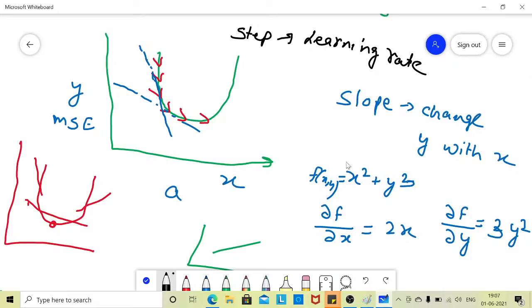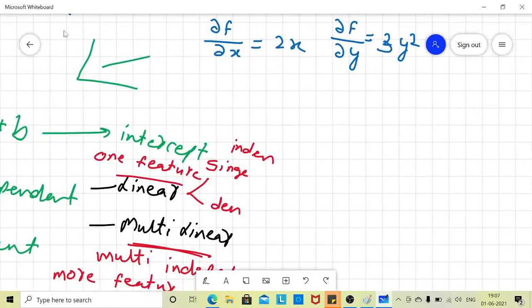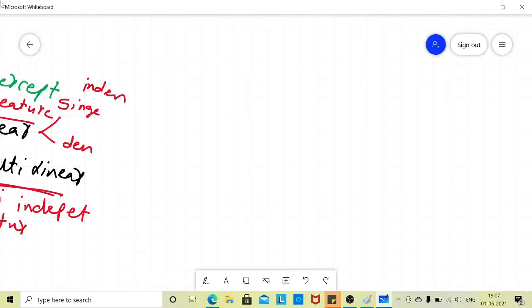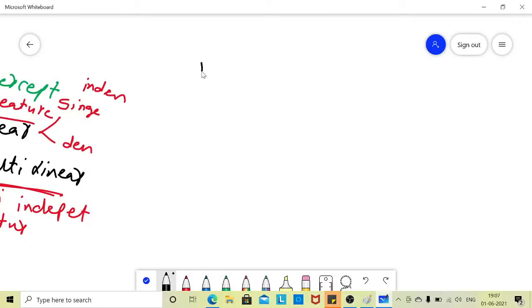And in mean square error, we will write the equation like this: MSE equals 1 over n, sigma i equals 1 to n, y of i minus